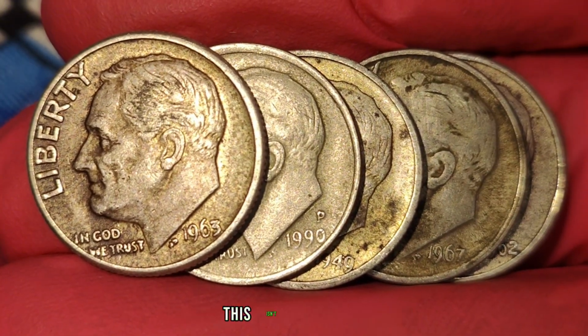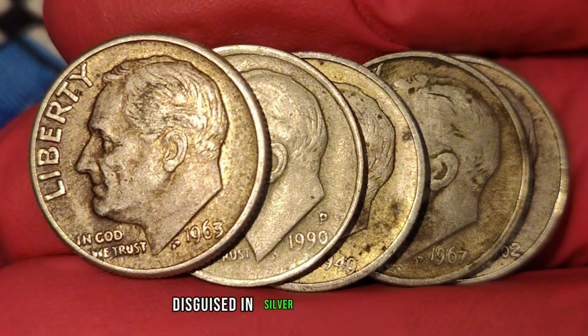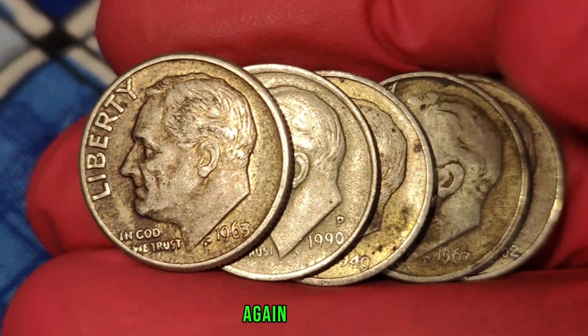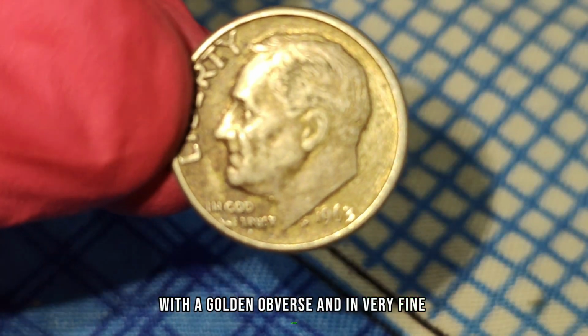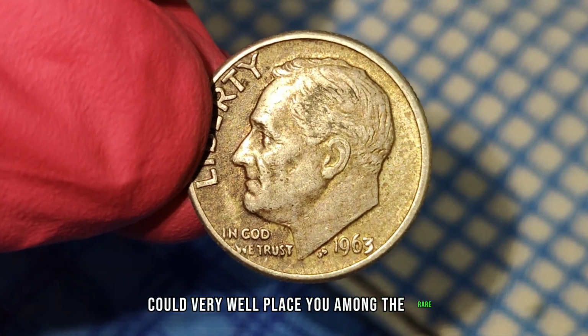This isn't just a coin. This is a once-in-a-lifetime jackpot disguised in silver. So tighten your seatbelt, because by the end of this video, you will never look at a Roosevelt dime the same way again. First up, I am talking about the 1963 Roosevelt dime with a golden obverse and in very fine condition. A coin that, if you own it, could very well place you among the rare few holding onto